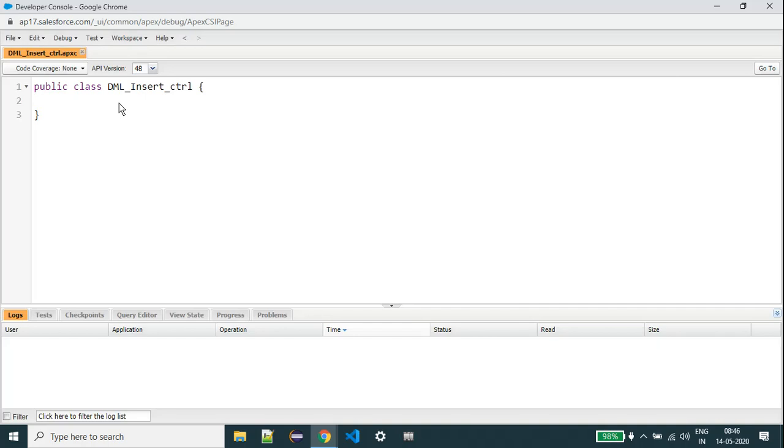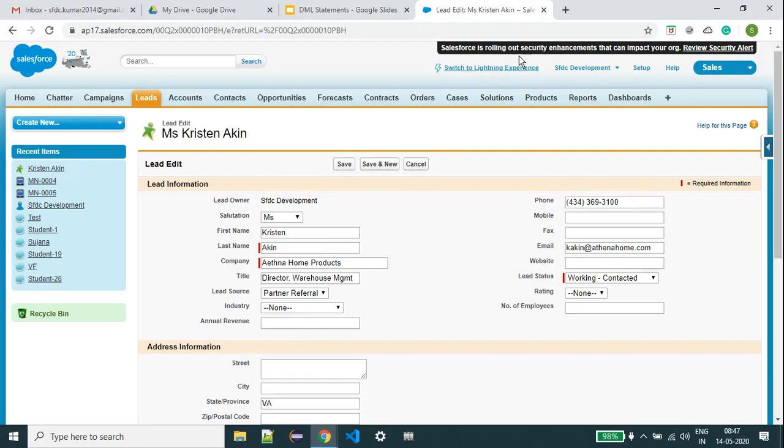So what is my requirement? I want to display some fields in the UI: first name, last name, student first name, last name, and everything. I just want to click on the save button and save that record to the database. So initially, what is my requirement? I want to display the student object fields, right? So how can we display the student object fields? Public. We can take the student object API name.